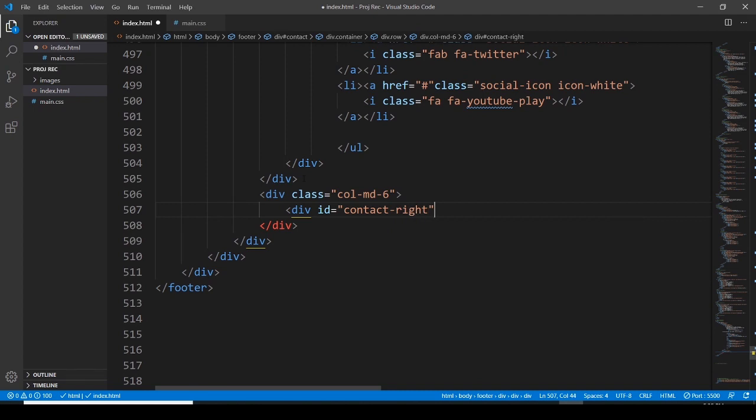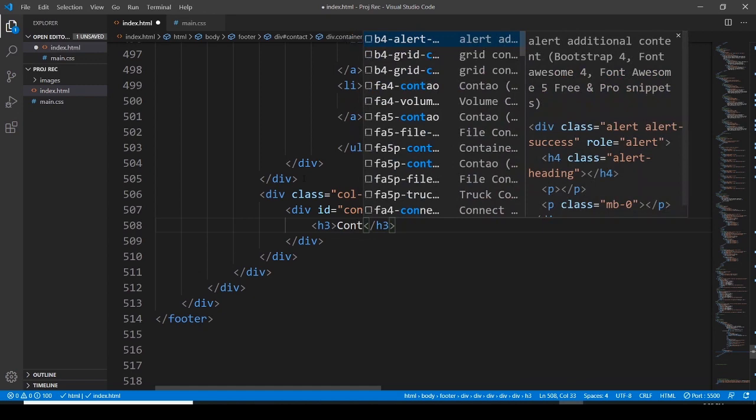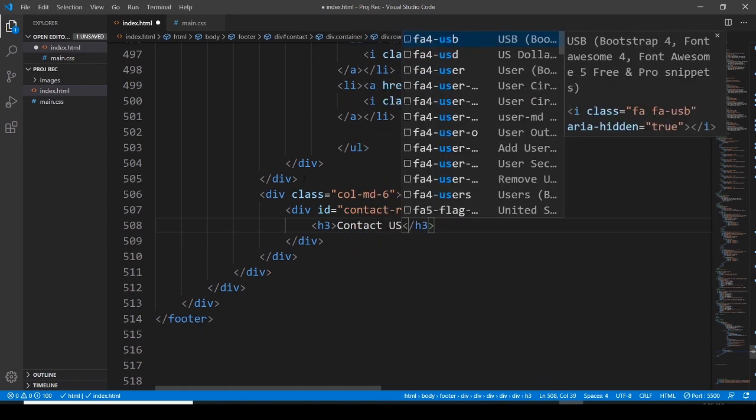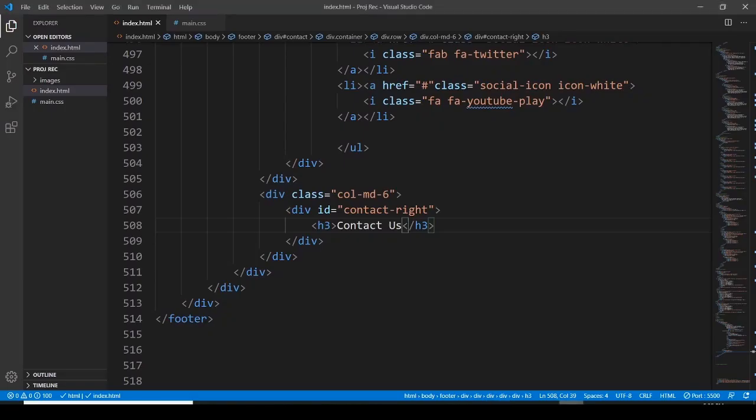Alright, and here heading 3, and contact us. Yeah. Let's save it. Let's see. So this is what we have here. Now we have to create the contact us form, and for the form, after this,